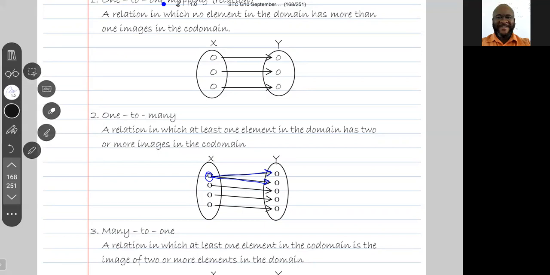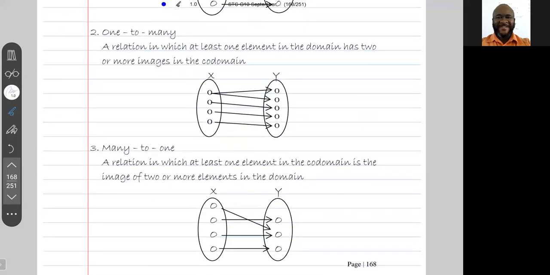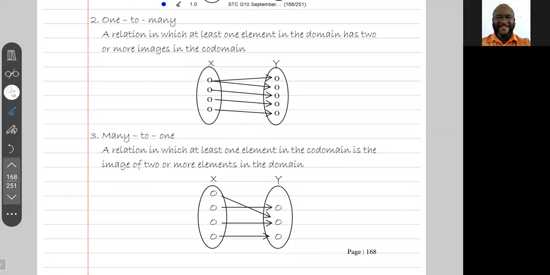Another type of mapping is many to one. Now, this is a relation in which at least one element in the codomain is the image of two or more elements in the domain. In other words, this one element here in the codomain is the image of two elements,